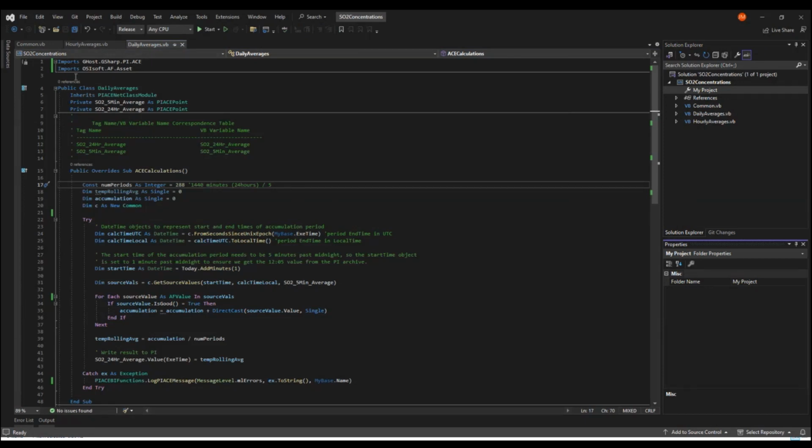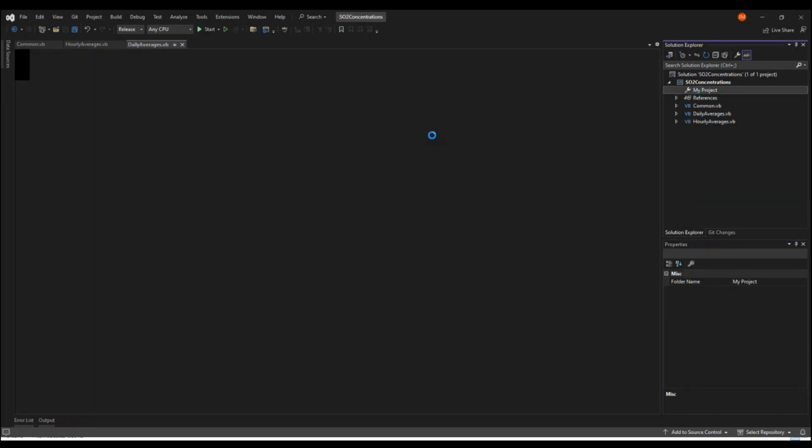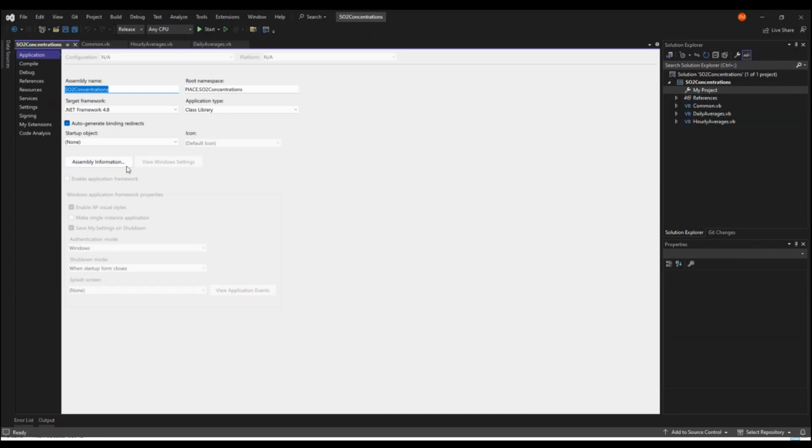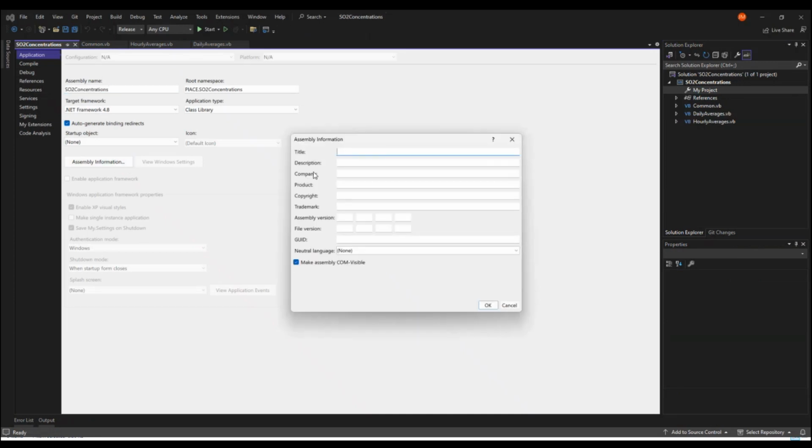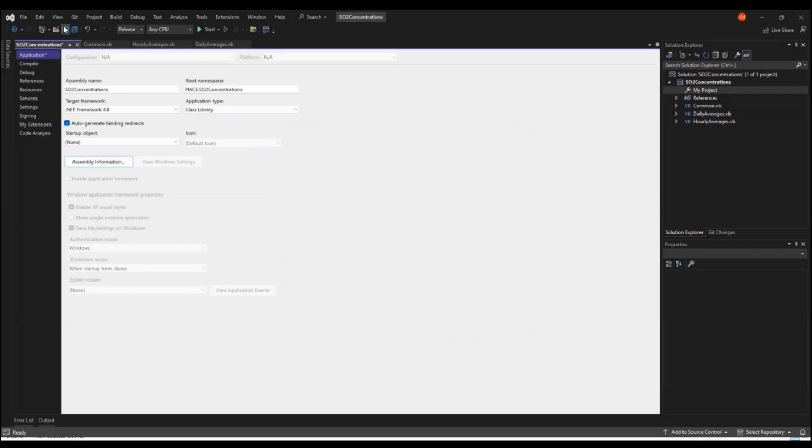But the way that we do that is that we make use of versioning of our assemblies. And so we're going to set the file version for this as version 1 of this assembly. Save that.